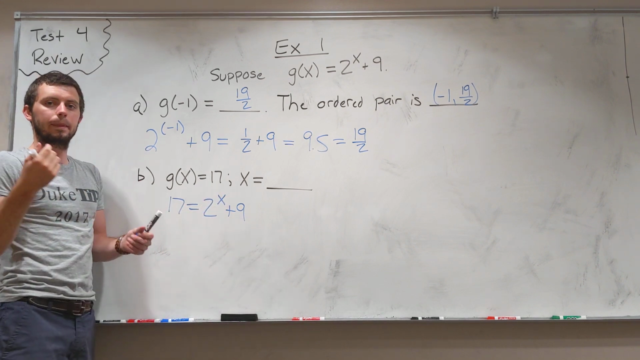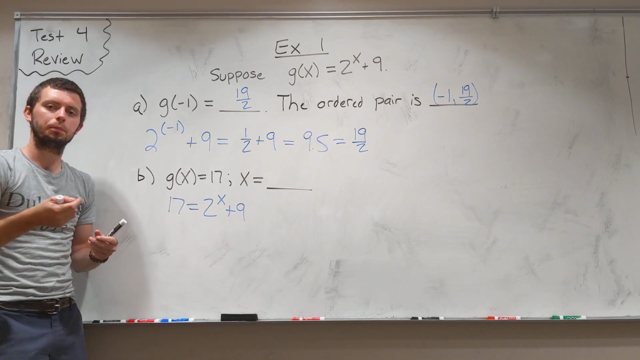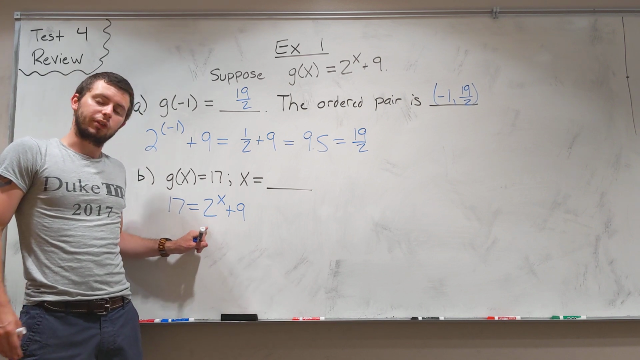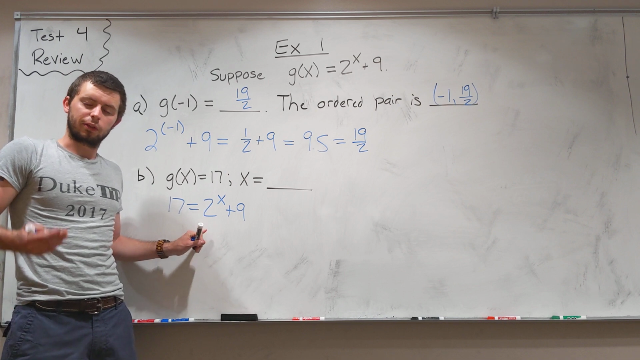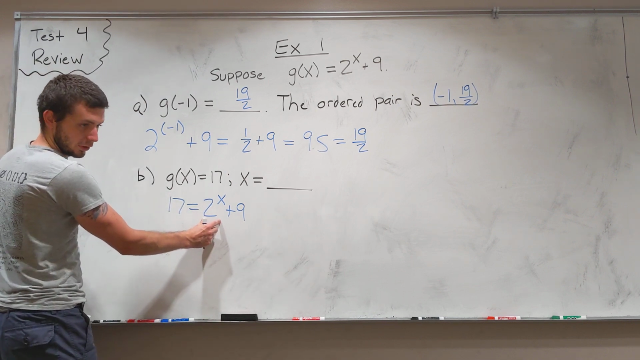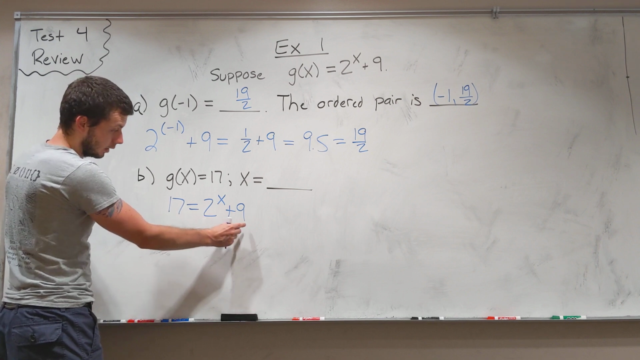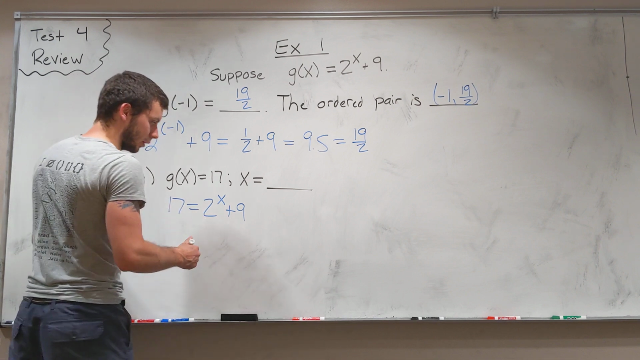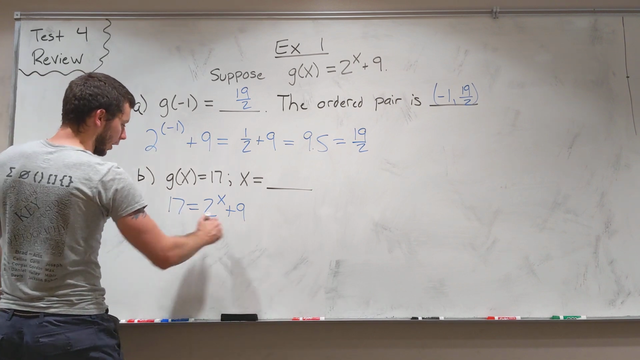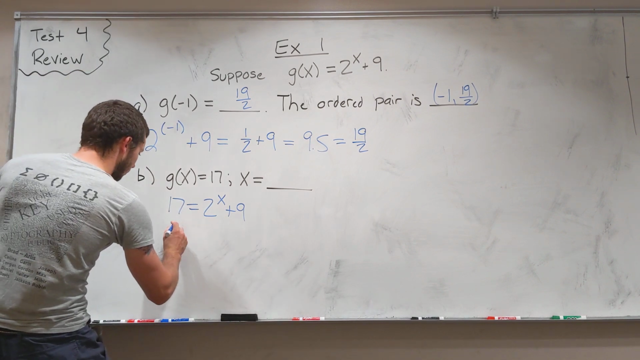And we do, this is just true in general. If we're solving an exponential function type problem for x, we need to get the exponential function by itself. The exponential function is 2 raised to the x, and plus 9 has to go. And where does it go? To the other side. So we subtract 9 on both sides,